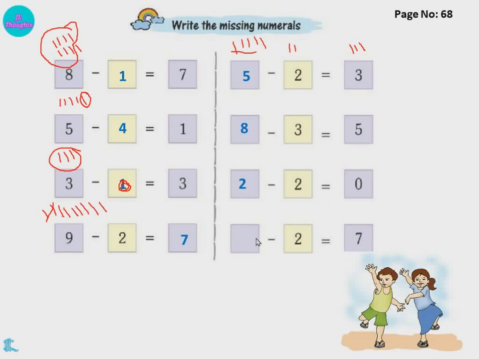Next here, from some number, if I remove 2, I should get 7. So what number is that? So 7, add 2 to that. So 7 plus 2, 8, 9. Okay children, understood? By this, we have completed our